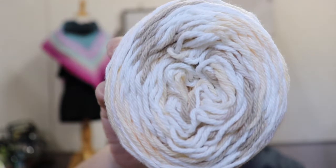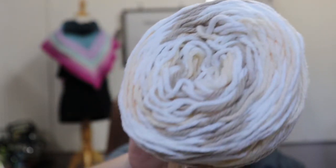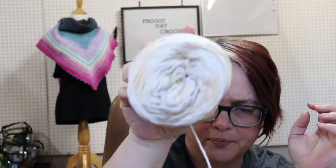which is Peaches and Cream. This is a cone. Got it at probably Walmart or something. And 1 strand of this. And this is Sugar and Cream. This is a white, brown, and yellow. So this one right here came in,